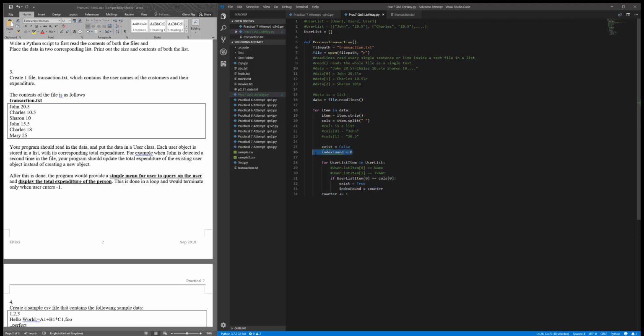Because this is outside the for loop. So once I know this information, I can just simply add something called if. After this particular loop is done, then we process counter plus equal to 1. What we can do is a if else statement to check whether this exists equal to false, I would simply append my user dot append